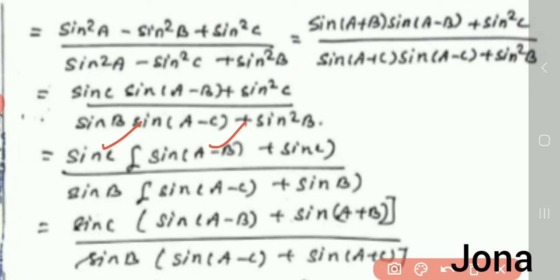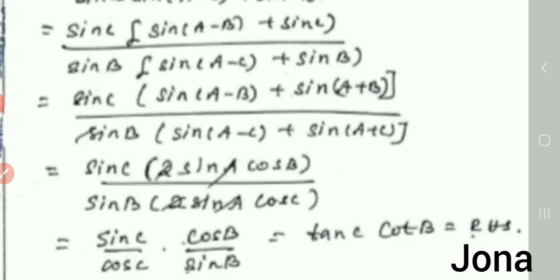So now I can take the sin C as common at the numerator. The remaining things are sin(A − B) plus sin C, divided by, at the denominator I have sin B as common factor. Take sin B as common. The remaining things are sin(A − C) plus sin B. And then at the numerator we have sin C, isn't it? I want to take this sin C as sin(A + B). It's from A + B + C equal to 180 degree, isn't it?